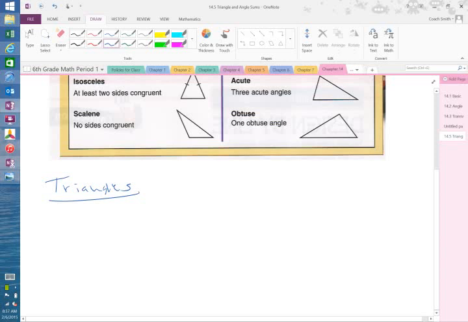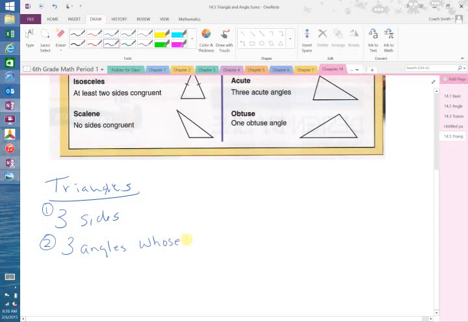Triangles, first of all, have three sides. Obviously, but that's why it's called a triangle. There's three sides and three angles. It's really three angles that they're concerned about, but without three sides, you can't have three angles. So number two then is three angles